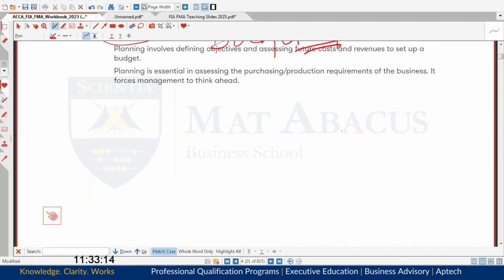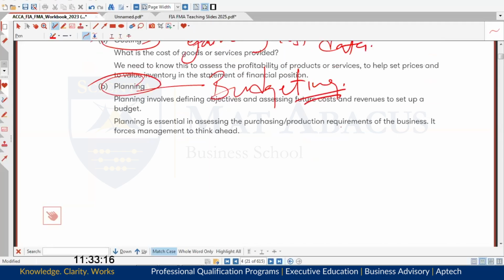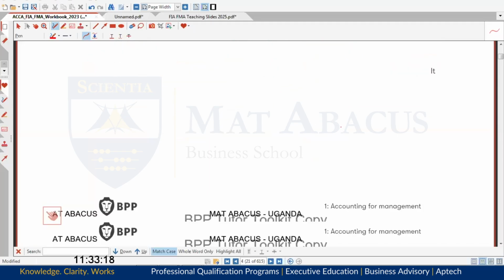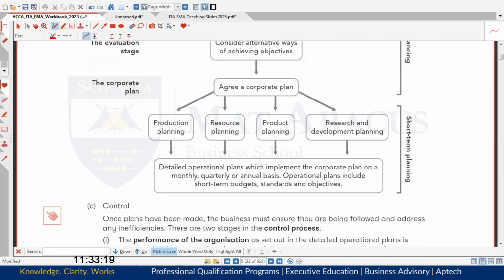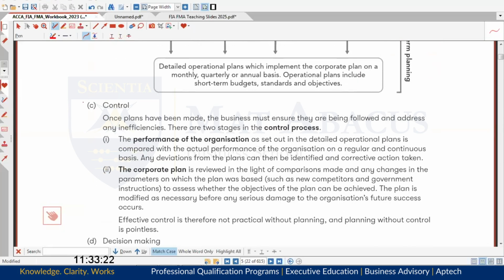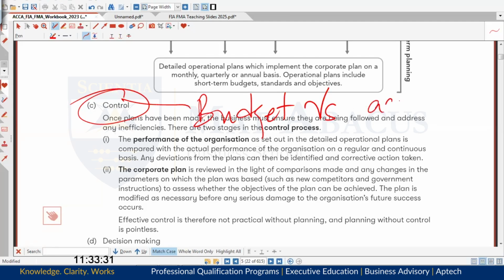So when you come back with a budget, you have to control your performance, okay? So that makes our next step control. Control is assessing the budget versus the actual